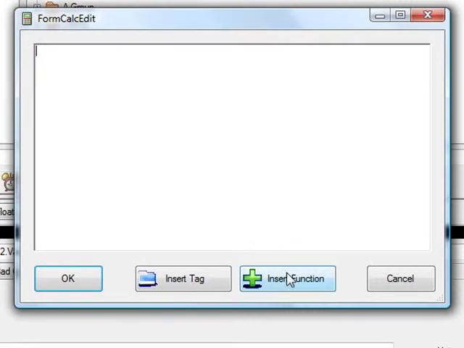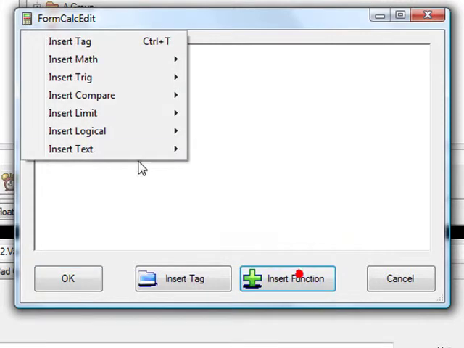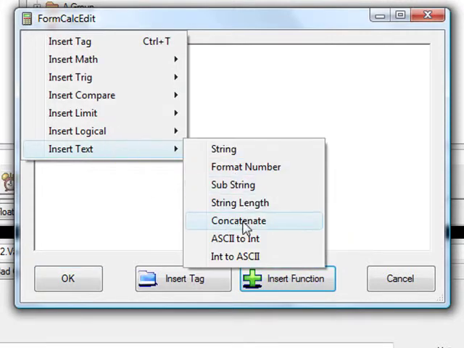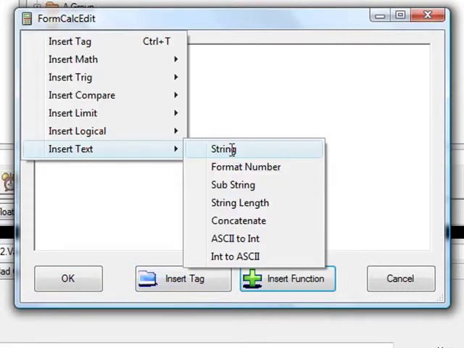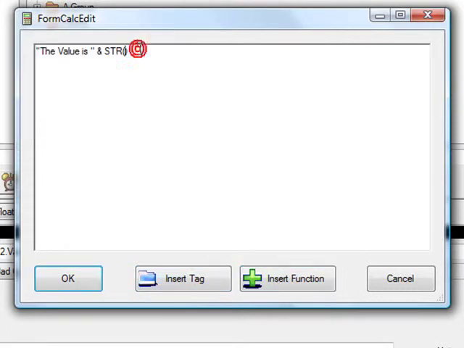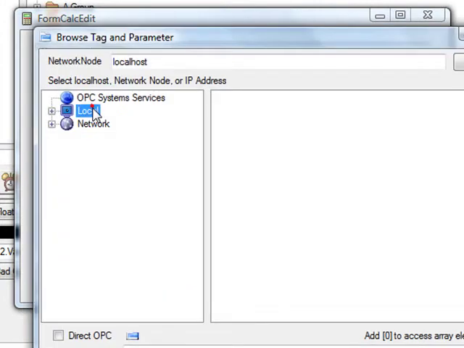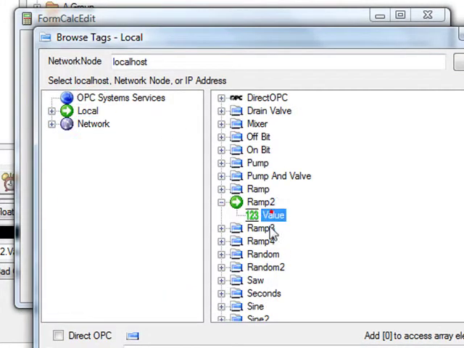In that process, I'll do a little bit of string concatenation. So if I want a constant string, something like "the value is," and then I can concatenate that with the string concatenation function. That's also ampersand, same as the and in a logical comparison. Then we'll insert the text function string, and we'll include a tag to return. So we'll take ramp 2,